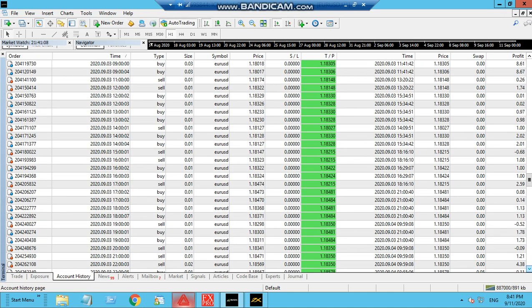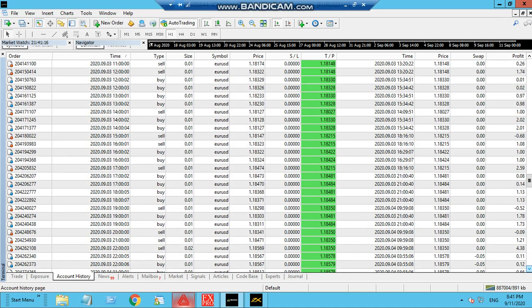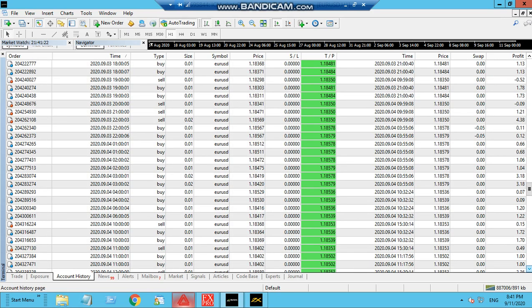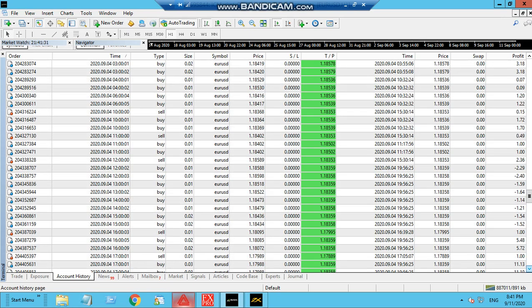If you want to do it on a cent account, then that is great, because a 100 US dollar cent account is equivalent to 10,000 US cents, so you can trade it on a cent account also. But in a standard account, I would suggest more than 500 to 600, ideally 1000, but whatever you can afford in between would be better.